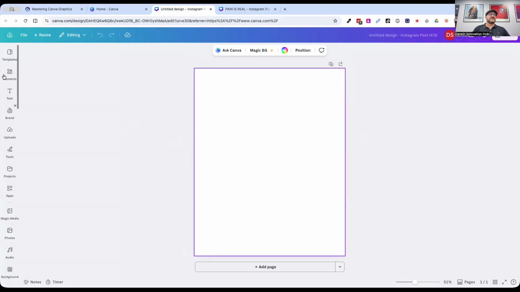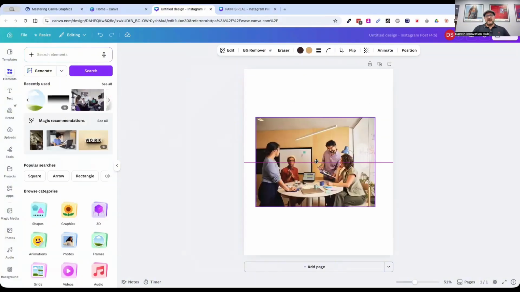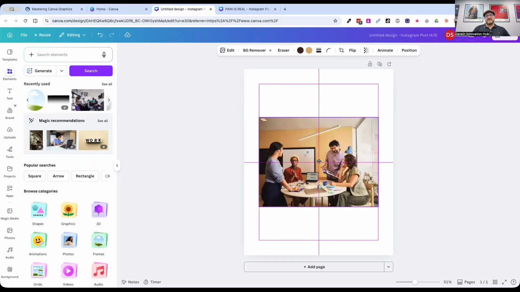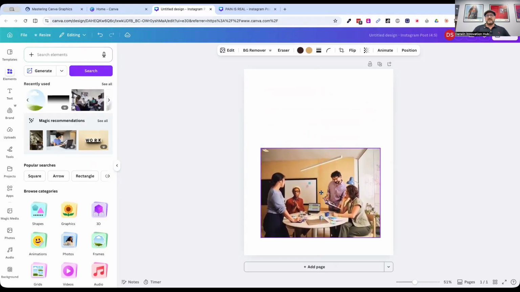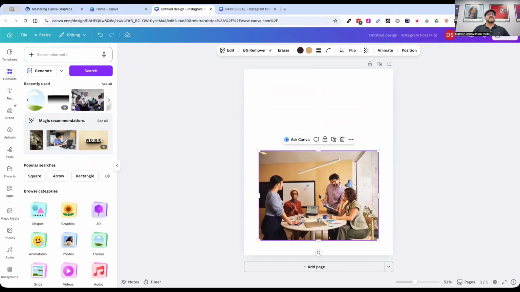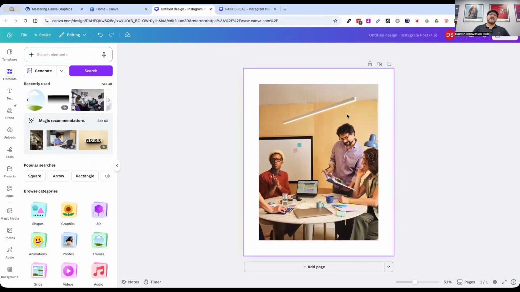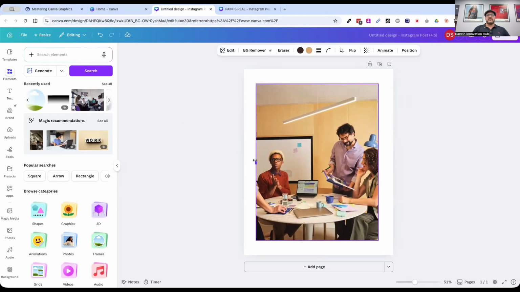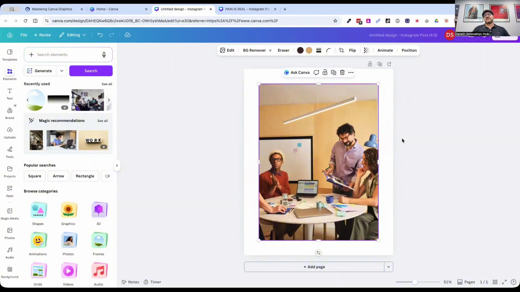There's snap grid lines. So if I go to stick an image in there, I'm going to use a different photo. Let's try this one. As you see, as soon as I start moving it, lines appear and they give me the center. So it'll keep that within what they call a safe zone. I can pull this up and it will snap to the alignment there. So I've got that Polaroid effect. But when I snap back to those centers, that gives us a sense of what is called a safe